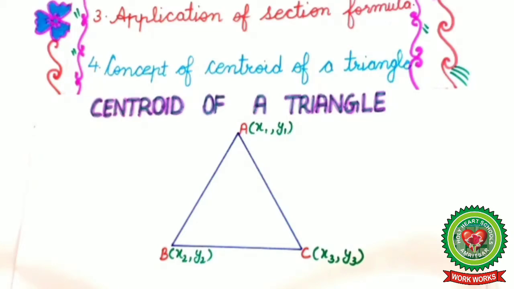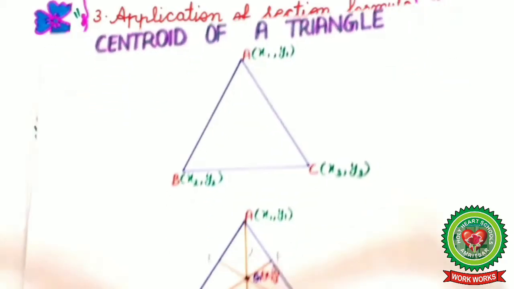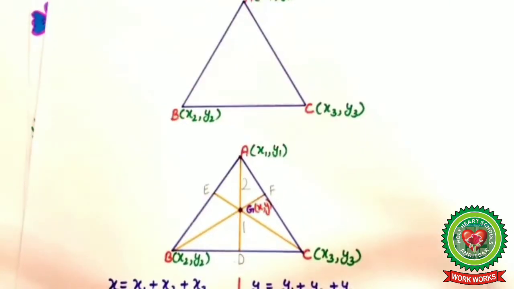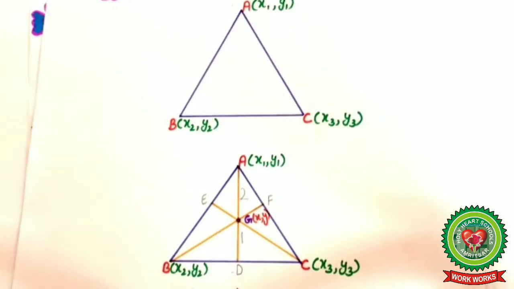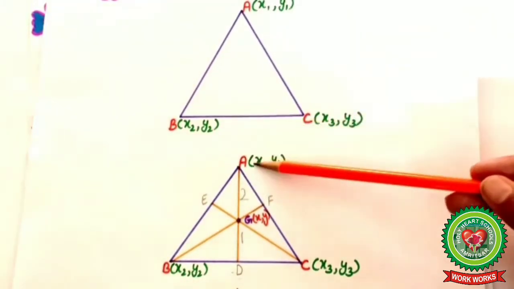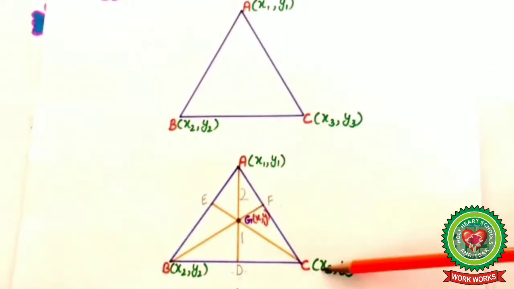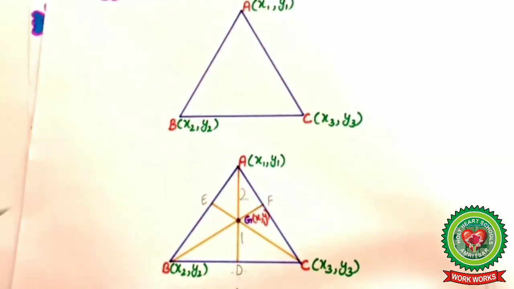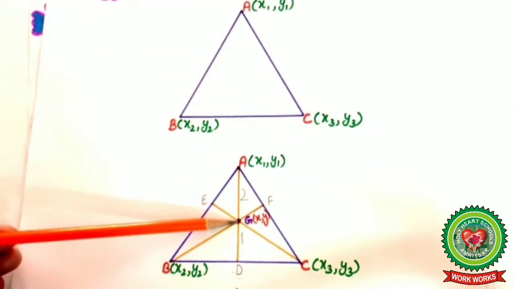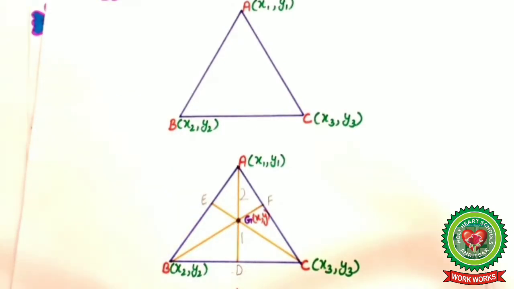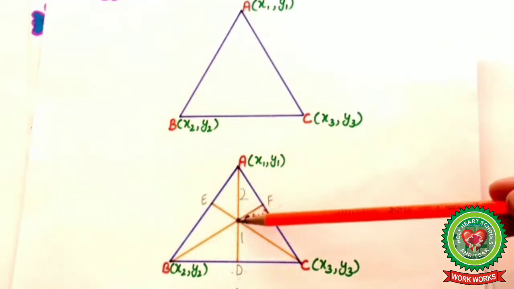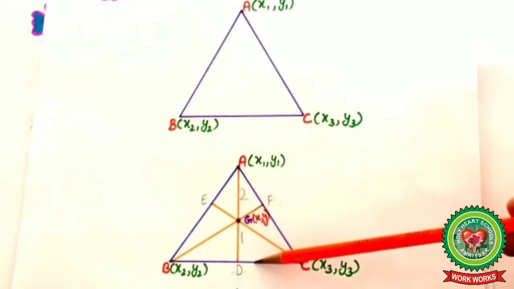According to this triangle, first of all we have to draw medians from all the vertices. The median from vertex A is denoted by AD, from B by BF, and from C by CE. The point of intersection of all these medians is known as the centroid of a triangle, and it is denoted by G. And the centroid divides the median in